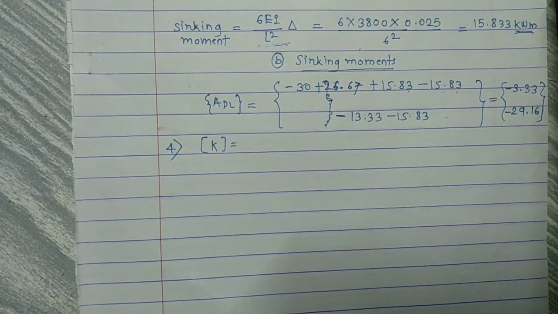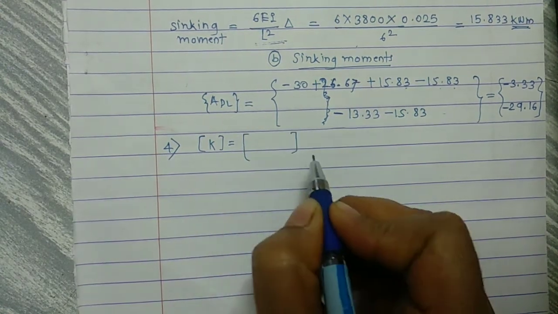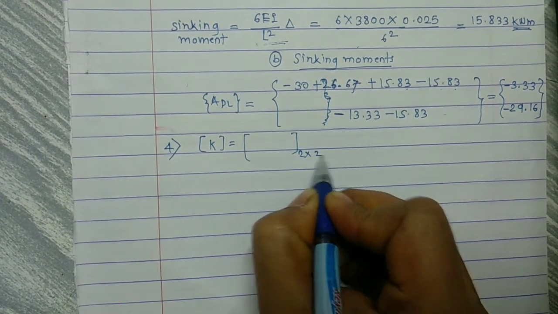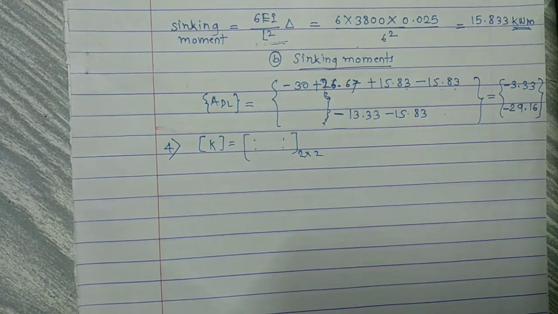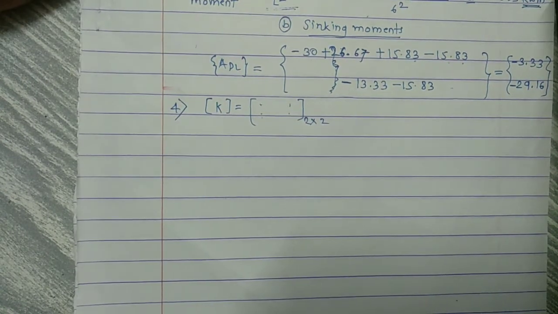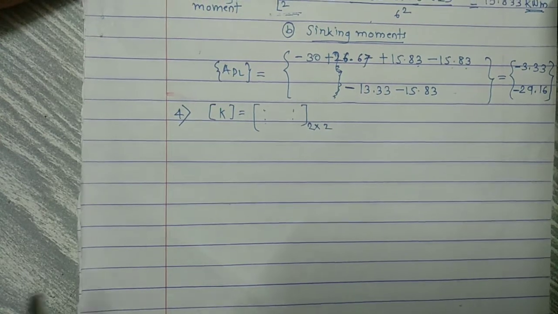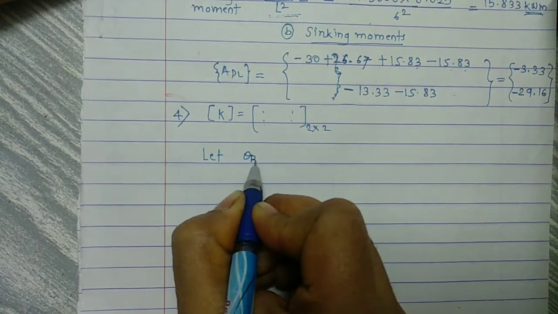So here this stiffness matrix has order equal to the degree of freedom, which is 2. So the order will be 2 by 2, 2 rows and 2 columns. Okay, so total 4 elements that we have to calculate here. The procedure to calculate the stiffness matrix in the structure approach is taking each degree of freedom equal to 1